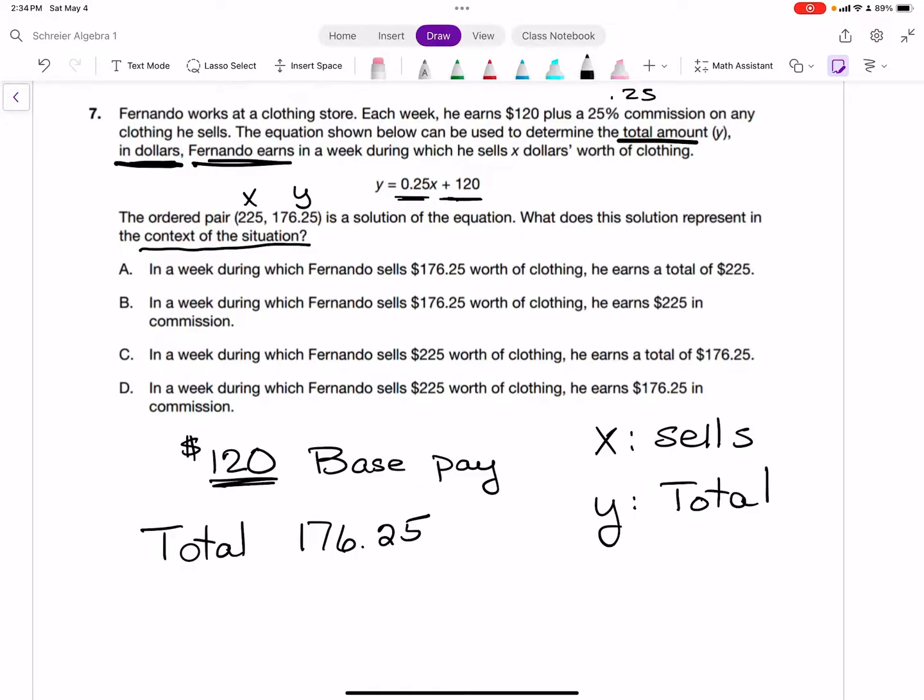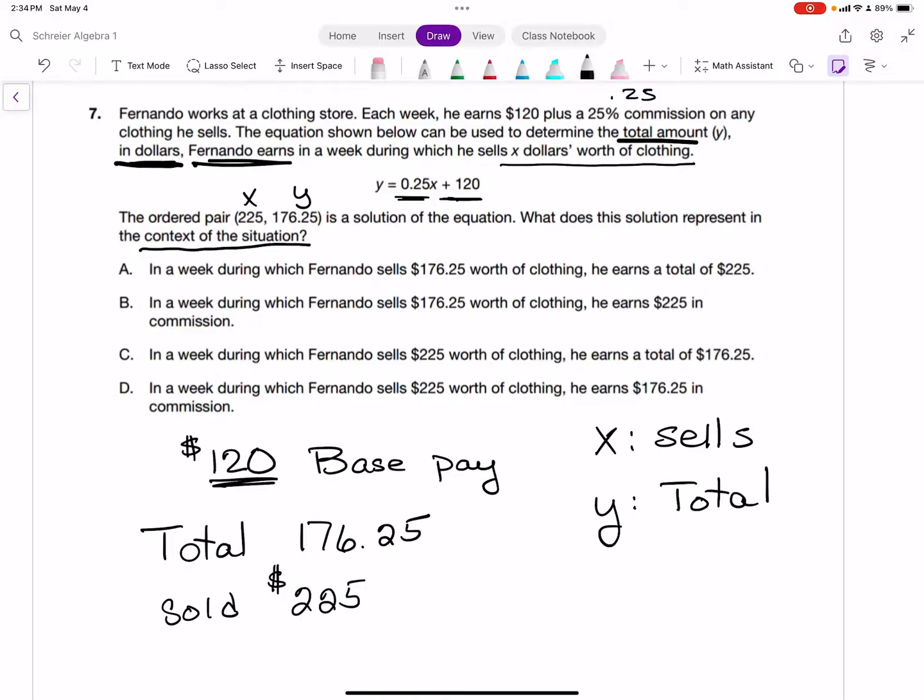And then 225 is, it says, the dollar amount of the clothing that he sold. So he sold $225 worth of clothing. Okay, now we just have to sort of go through the answer choices and see which